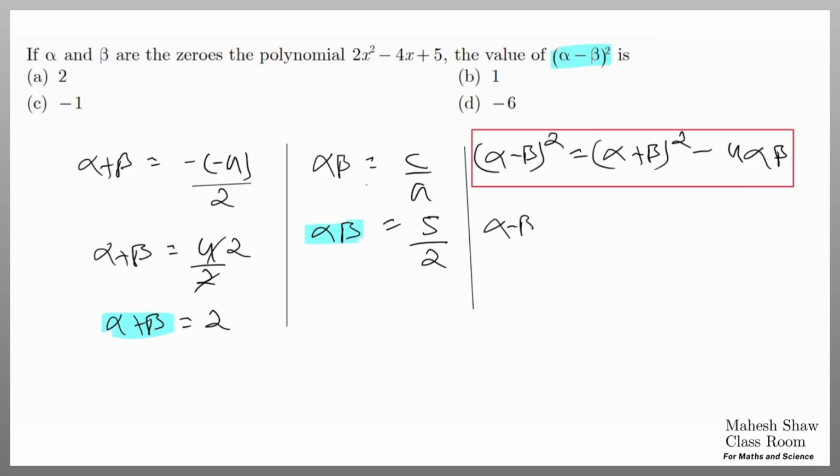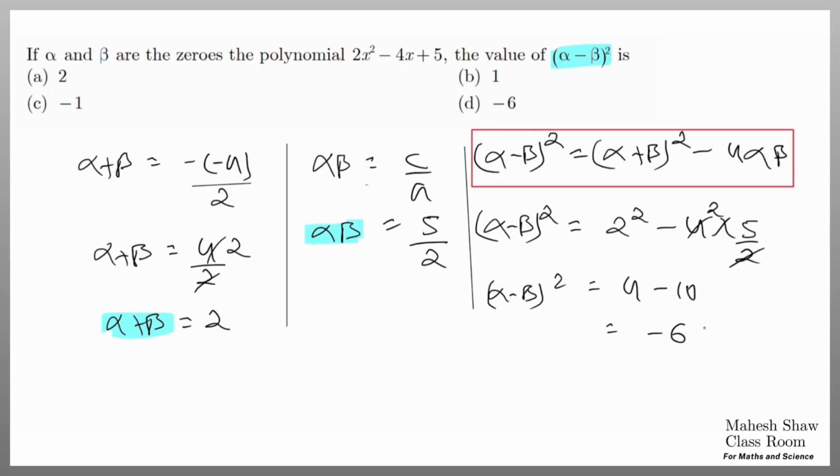Next, we are just going to place the values. We have to obtain the value of (alpha minus beta) whole squared. We can replace alpha plus beta with 2, so I'll write 2 squared, minus 4 times alpha beta, and alpha beta is 5 over 2. This can be reduced by 2. So 2 squared is 4 and 5 into 2 is 10. So that is equal to negative